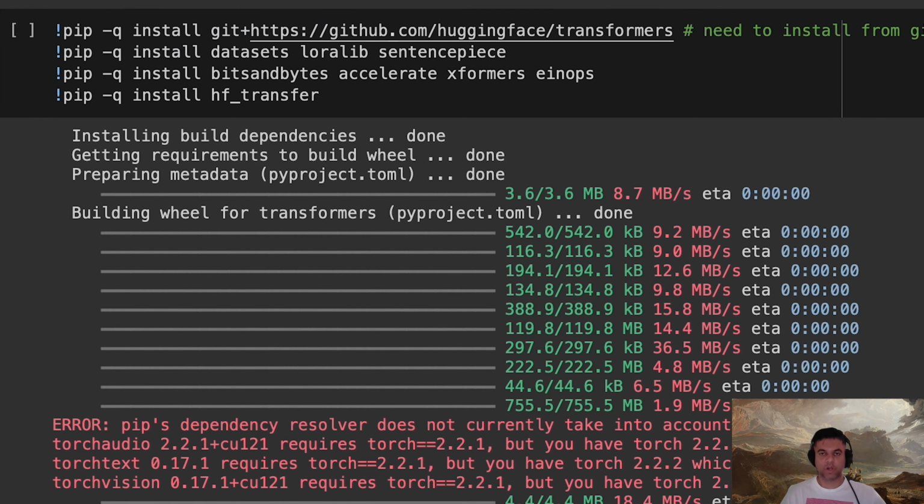The next line installs datasets, LoRaLib, both of which are required for fine-tuning. LoRa is a type of fine-tuning technique, and datasets enables you to fine-tune with custom datasets. Sentencepiece is a tokenizer. Tokenization, as you know by now, is when we divide text sentences from prompts into individual tokens for ease of